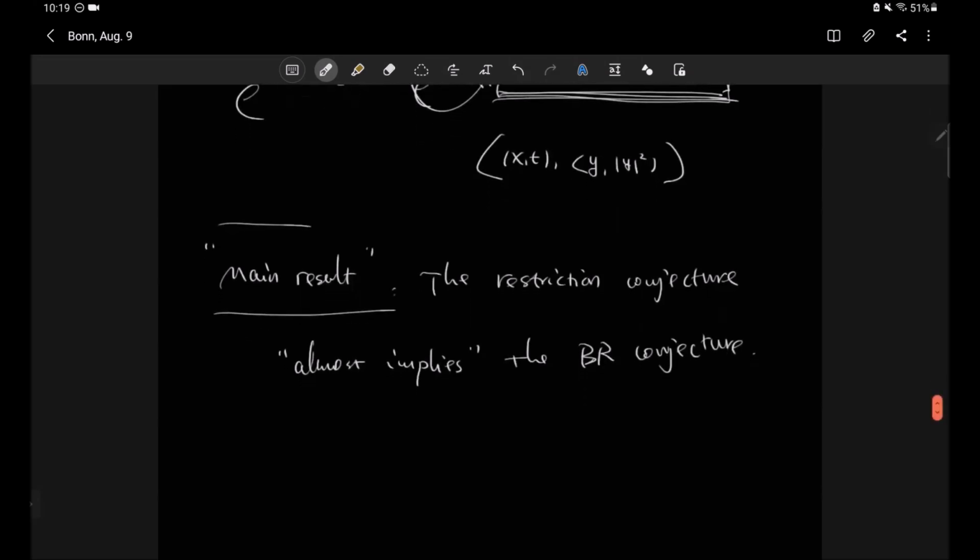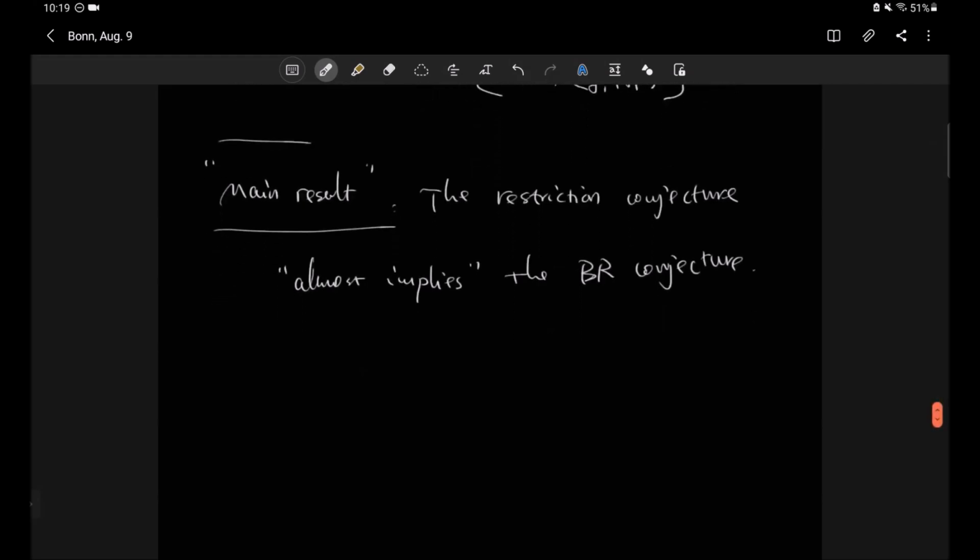We would love to remove this "almost" and remove this quote mark, but we are not quite able to. Let me first explain what we mean by "almost" implies. It is in the sense that, after applying the pseudo-conformal transformation, which is almost the same